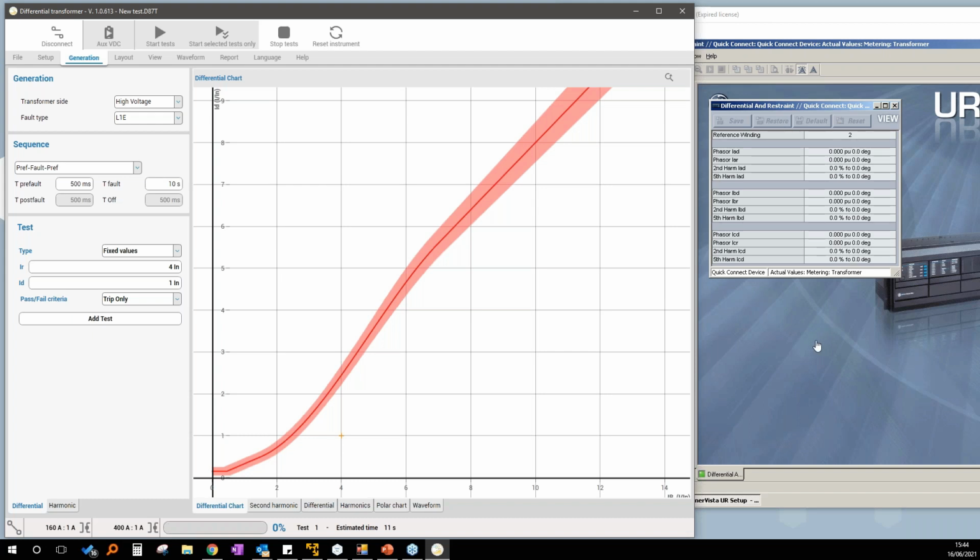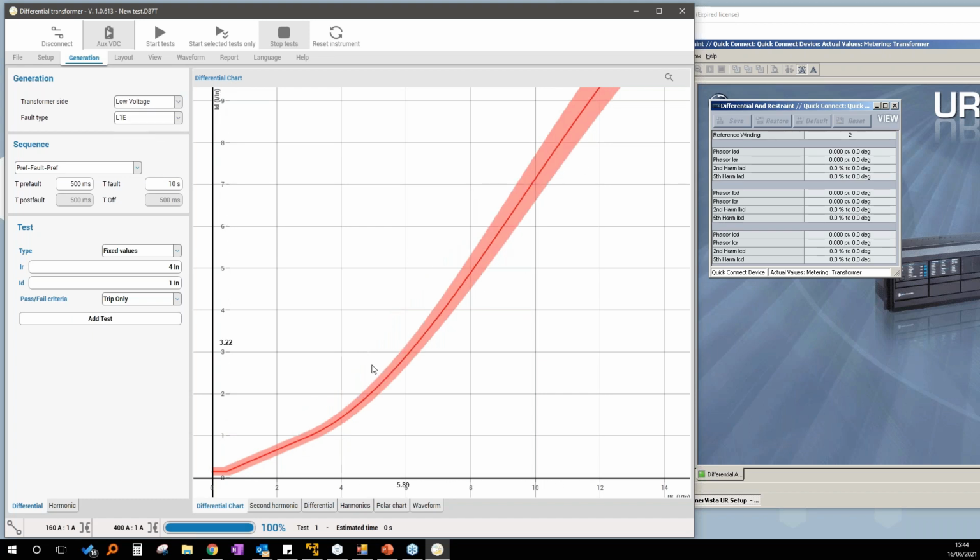You can see 4 as a restraint current and 1 as a differential current. The same must happen even if I change the side. Okay, this new graph is the so-called virtual characteristic, and the reason why it exists has been explained before. So add the test and start.